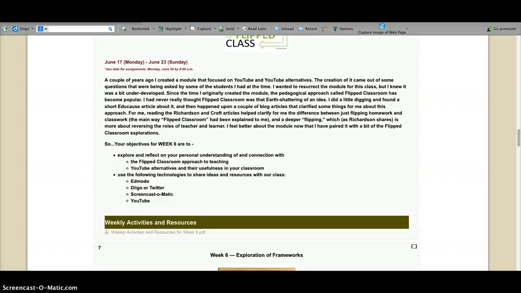And then the final activity asks you to take a look at a list of books and choose one that you're going to read for this class. You're not going to read it this week. You're not going to start reading it this week. You have to take time to decide what that book's going to be, and you need to get your hands on that book. But I want everyone to have what they need